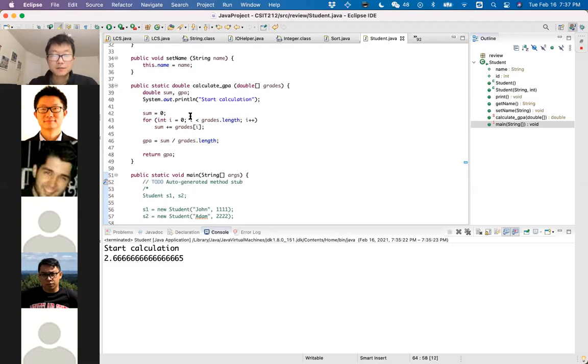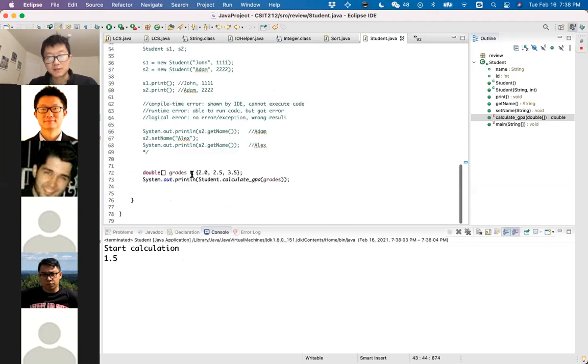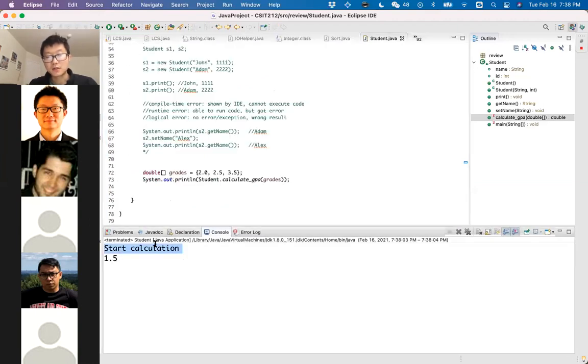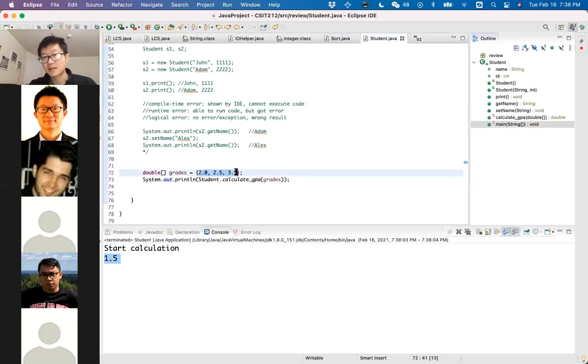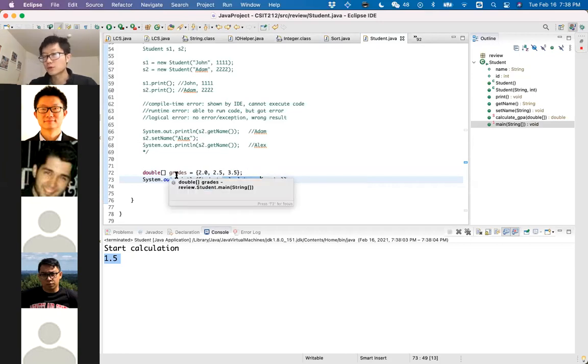So okay, let's say we implement the code without any grammar error, and we're able to execute it. You can see now we're able to execute it, but we see the GPA output as 1.5, and obviously this is wrong because 1.5 is lower than every grade that the student received. So there must be something wrong with the calculate GPA function.